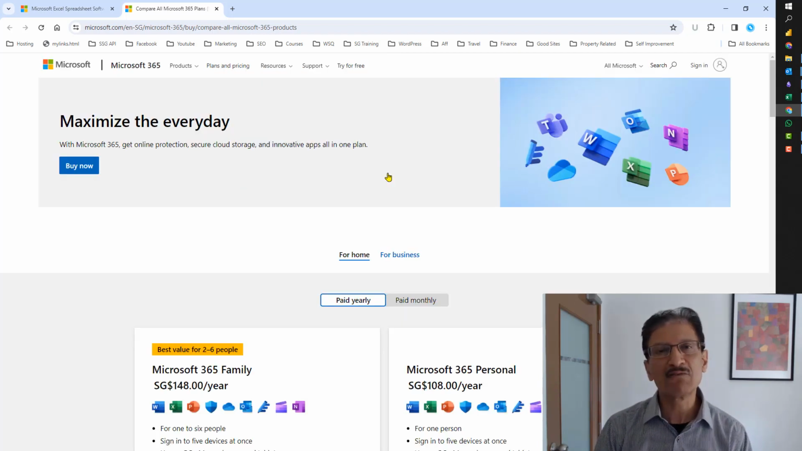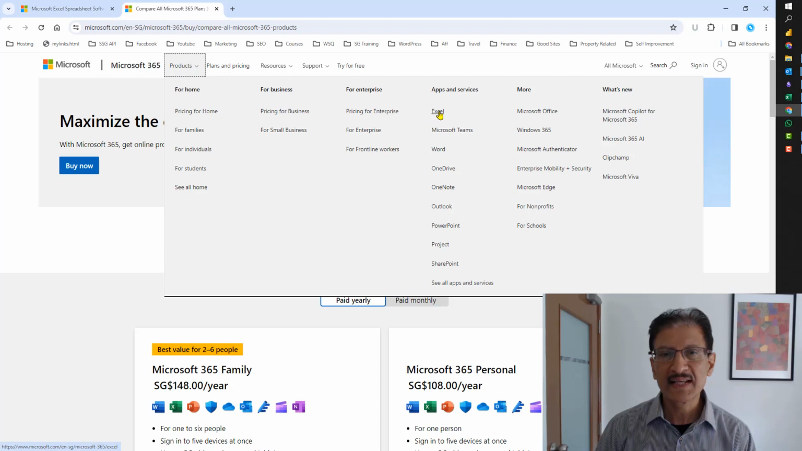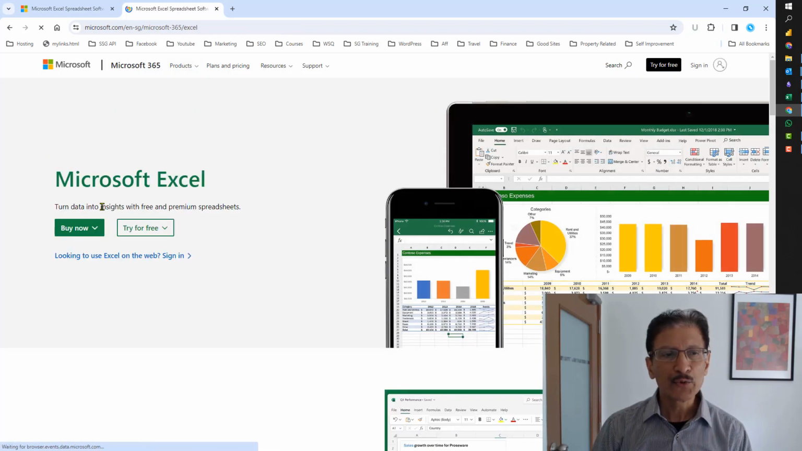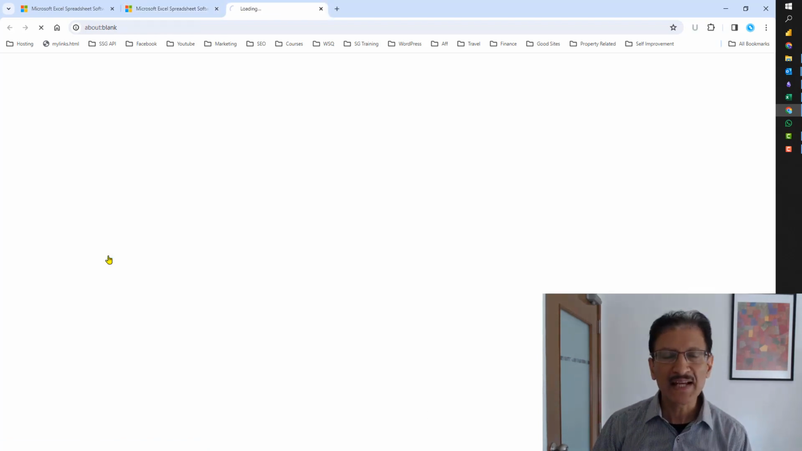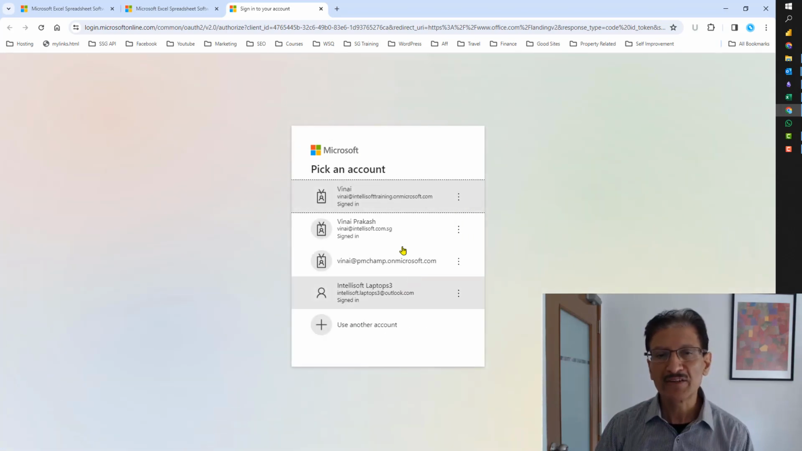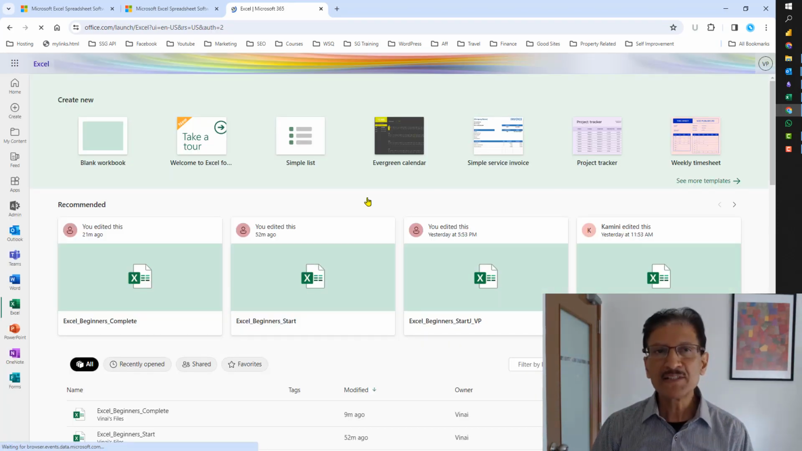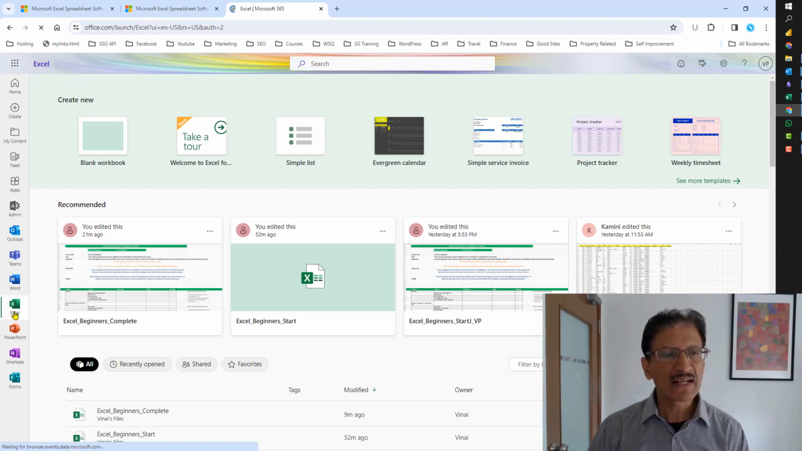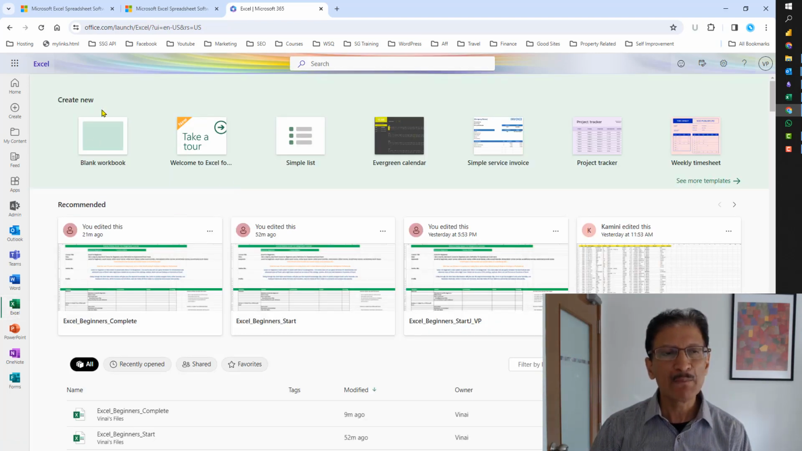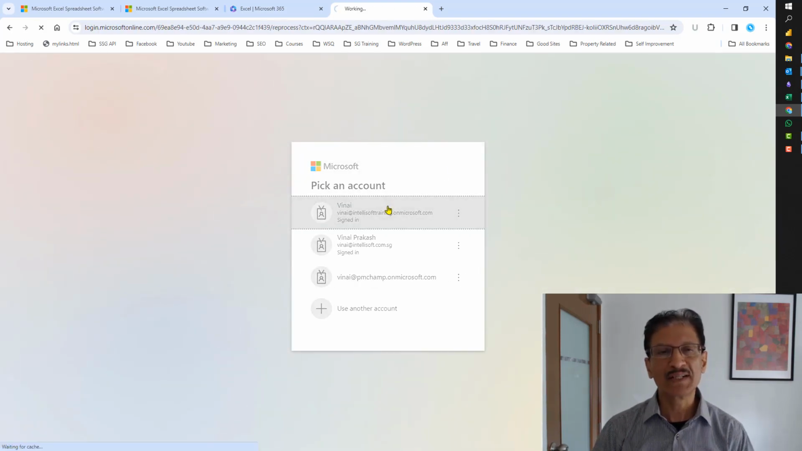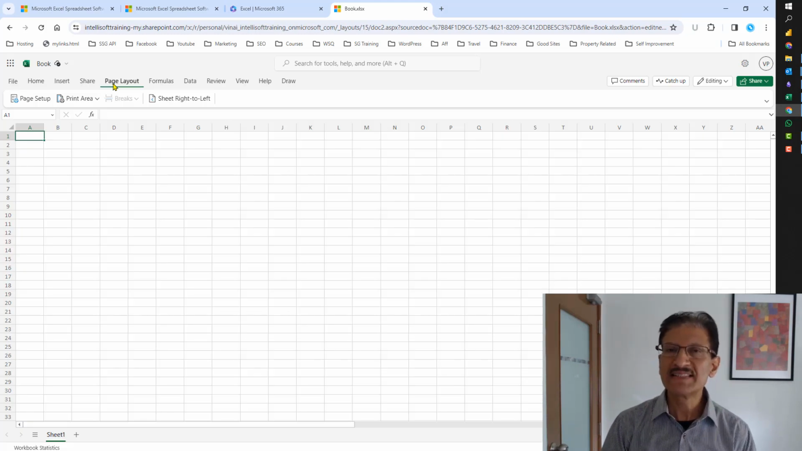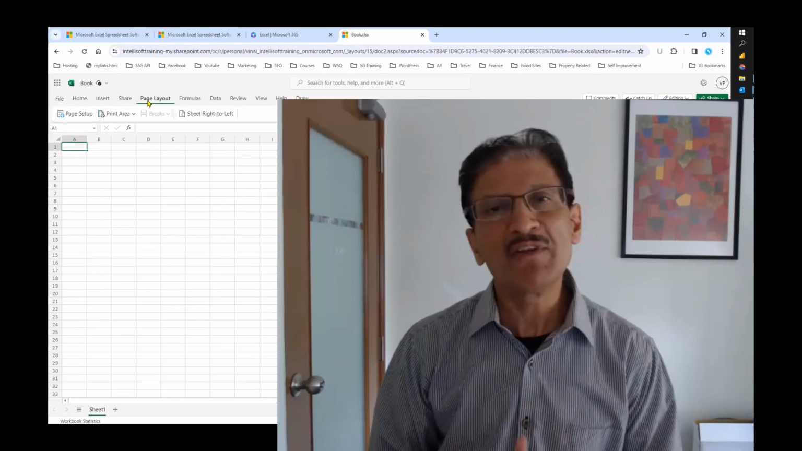You can also get Excel for the web for free. All you need to do is to go to Products, Excel, and here you can see you can access Excel on the web. Simply sign in with a Microsoft account. You can create one if you don't have it, and once you set up an account, you can directly go to Excel and be able to create a blank workbook, work on it, and even save the work. Excel on the web is quite similar to the desktop version, but in this course we will be focusing on